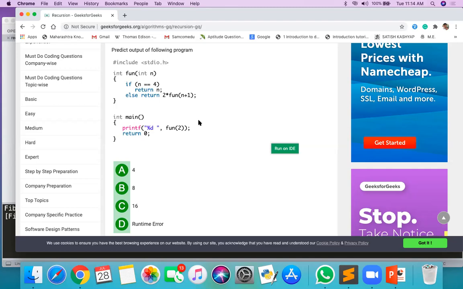Sir, in this Google pattern, the definition is first, no sir? Later, the declaration is there, no sir? Yeah, the definition is first, so no need to declare it. If you define the function before main, no need to give the declaration. Okay, sir. Declaration is not compulsory in this type of program.